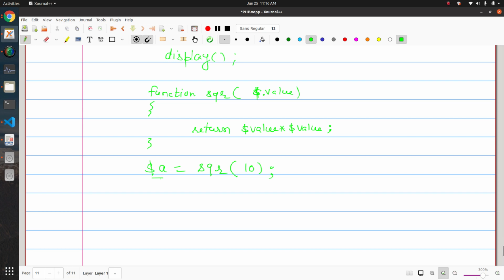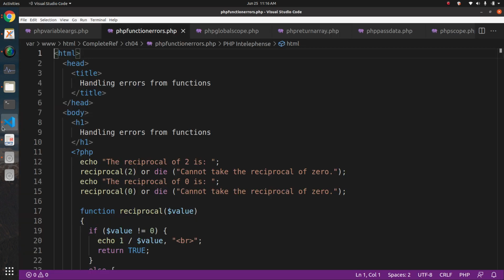If you echo "a = " . $a . "<br>", you will get 100. So this is how we can define a function and call a function. Let me show you one example that I have from the book, the Complete Reference book.